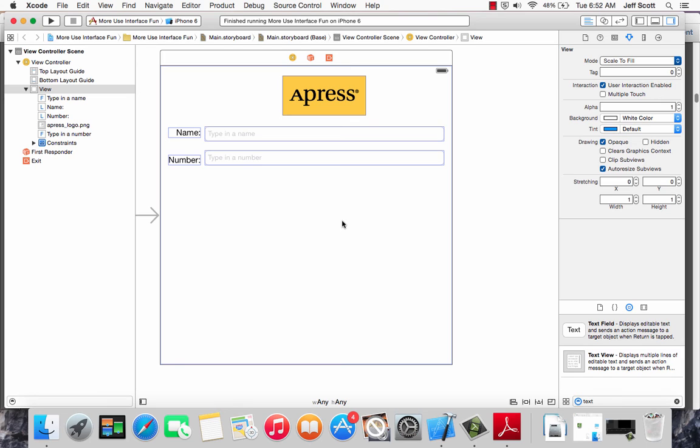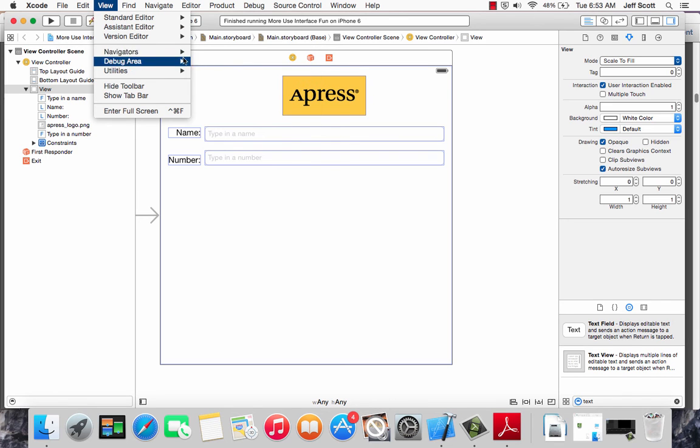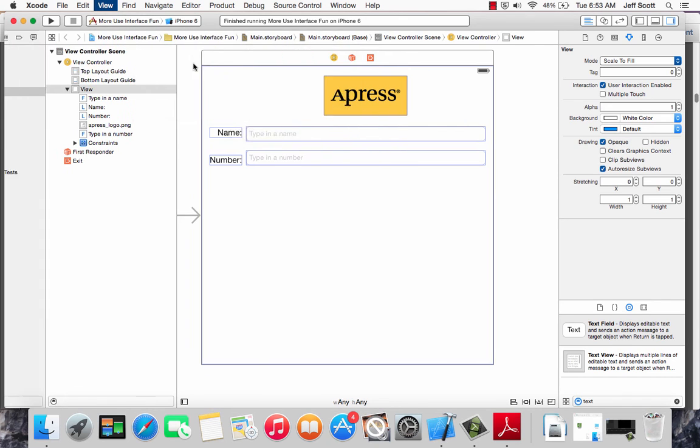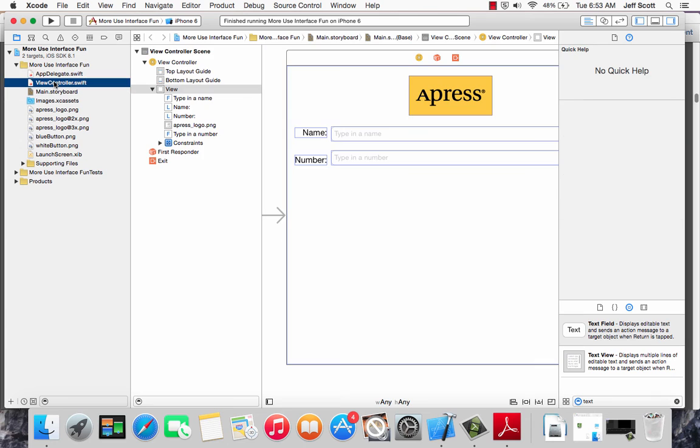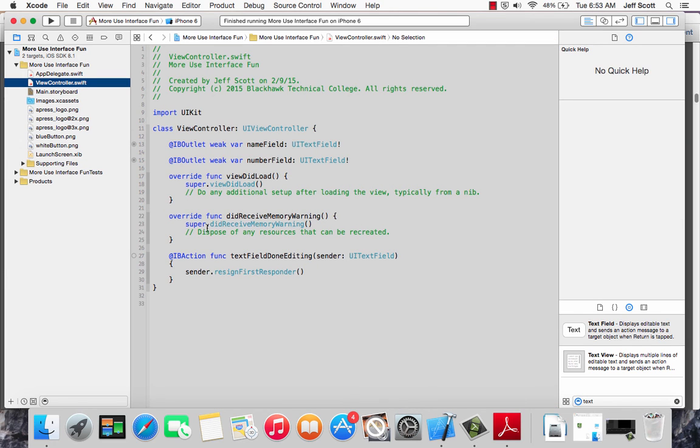All right, we need to add one more action to our controller class. Add the following method to your view controller Swift file right after the text done editing. So I'm going to go over to my view controller Swift file, and I always do it this way, I don't know why, it's just something I started doing and keep doing. Right under my text done editing, the author wants us to put in